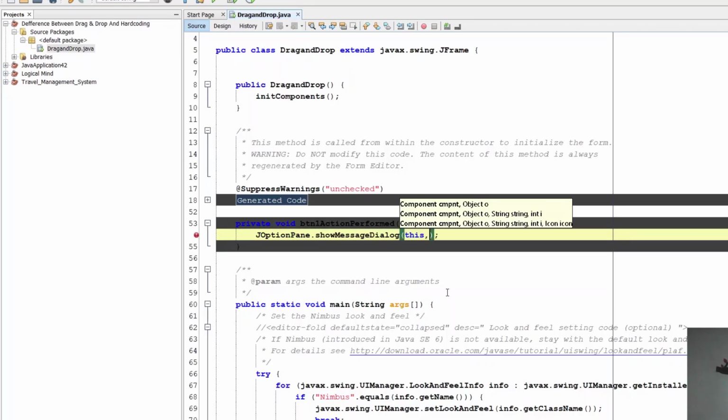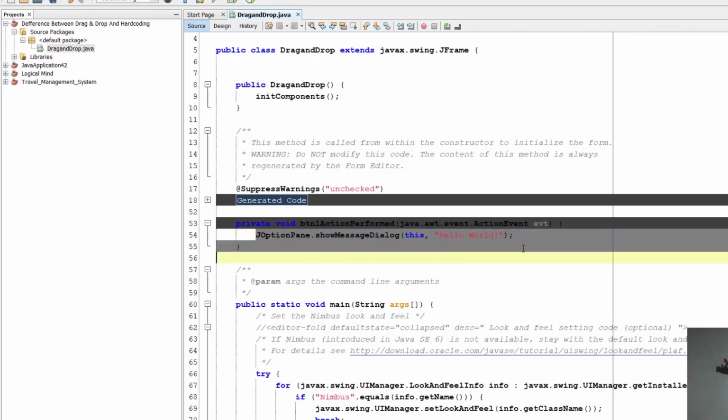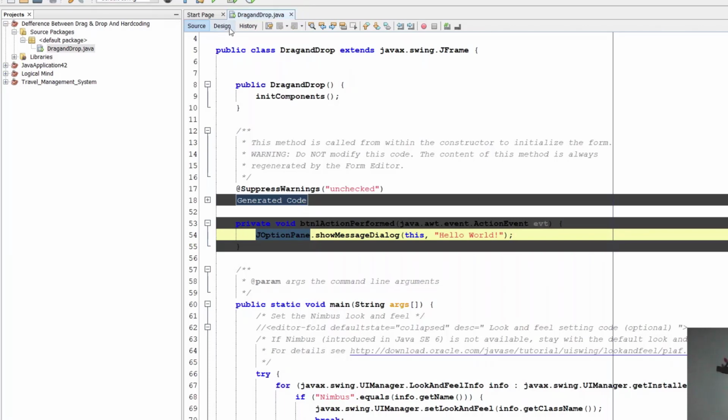Then type the message inside the inverted commas, suppose hello world, which is a very common phrase. If you want to test something while printing, you can just type hello world. This is very common. Now if you save it, it is very easy.